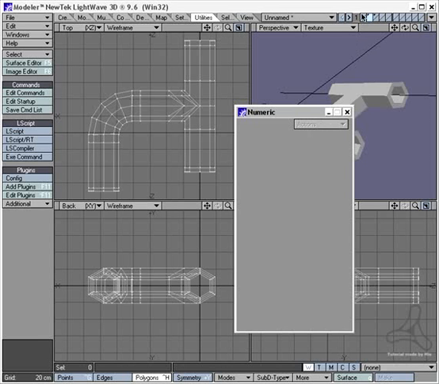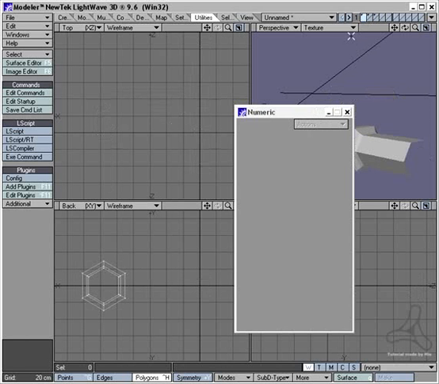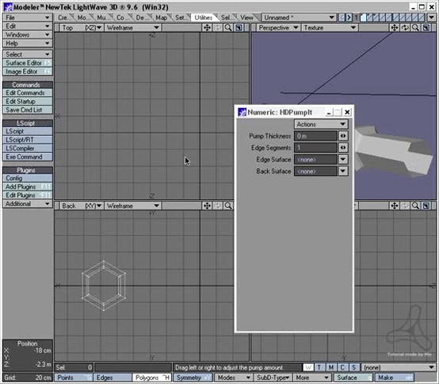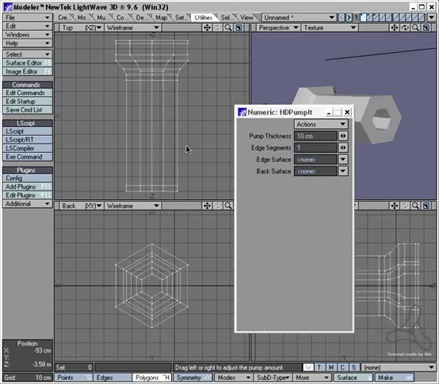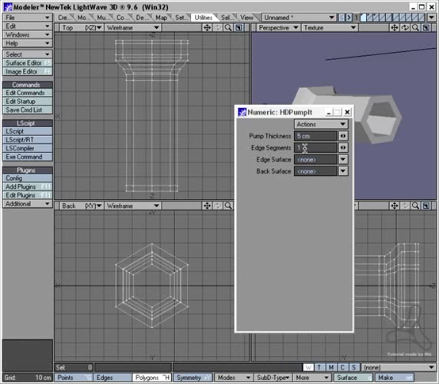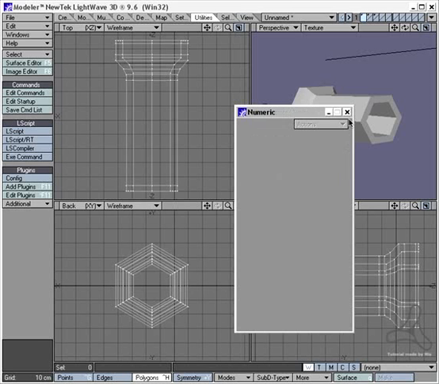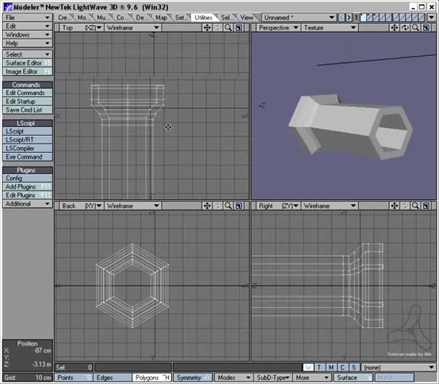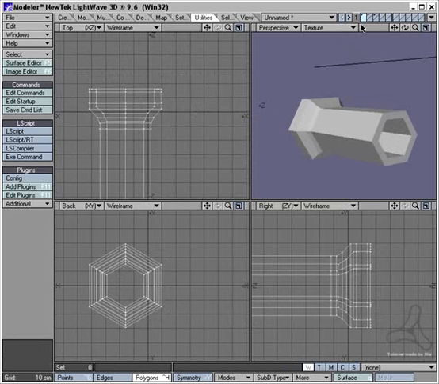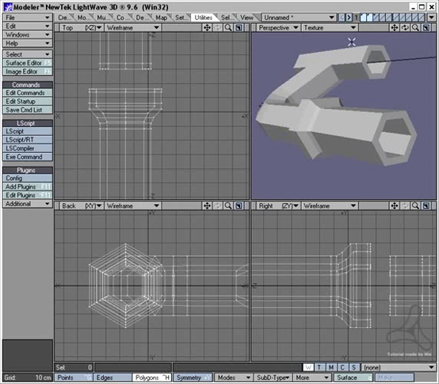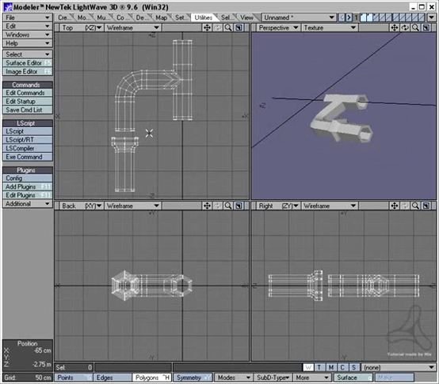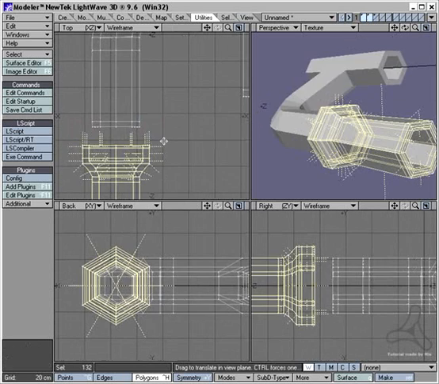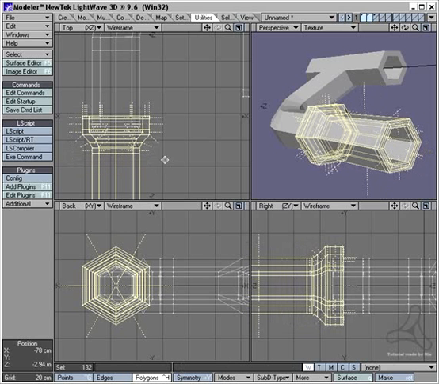The same I'm gonna do to the other add-on tube here. So HD Pump It, and then like this, and 3 polygons again, and we're done. I can now take this tube and this tube, drag them together like this,